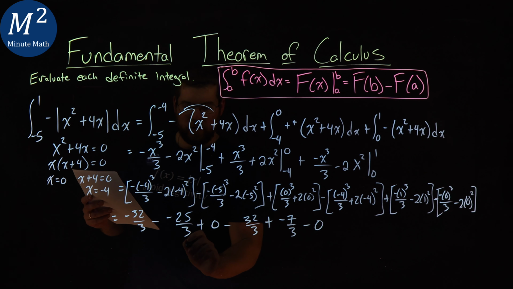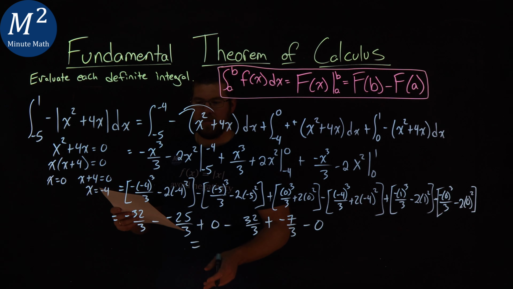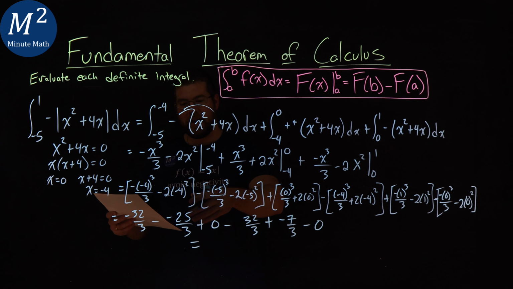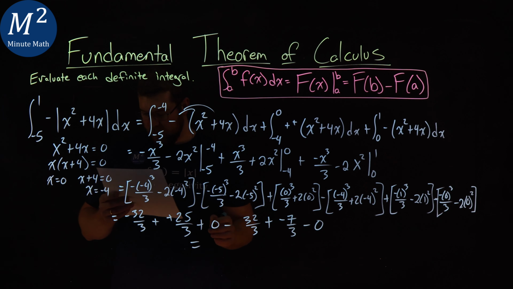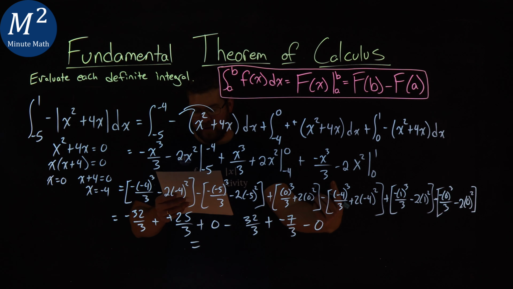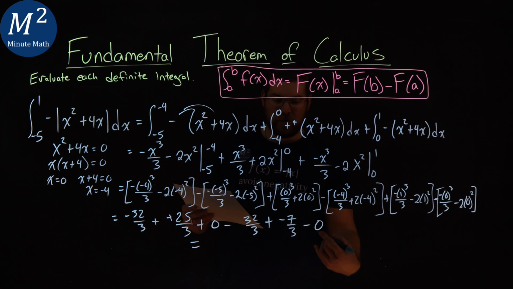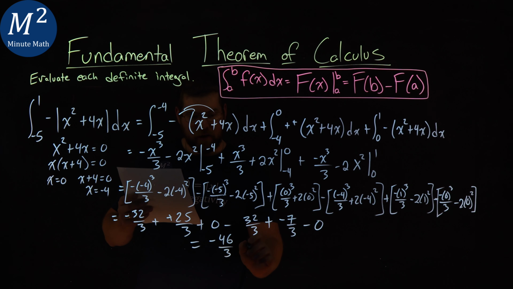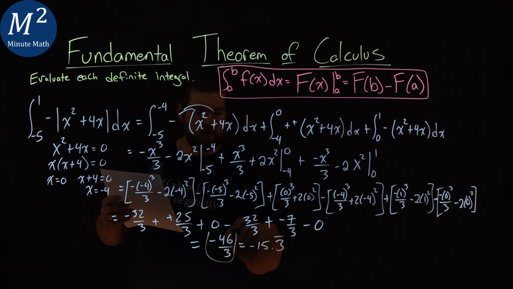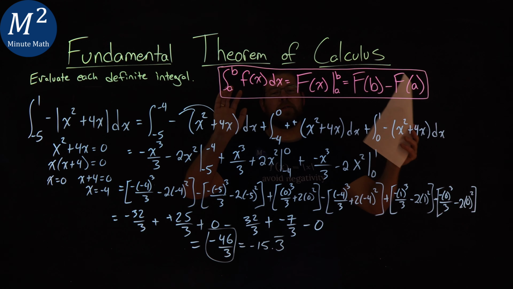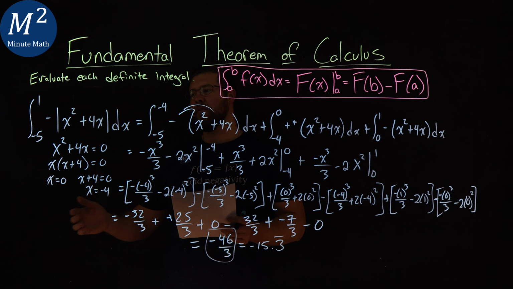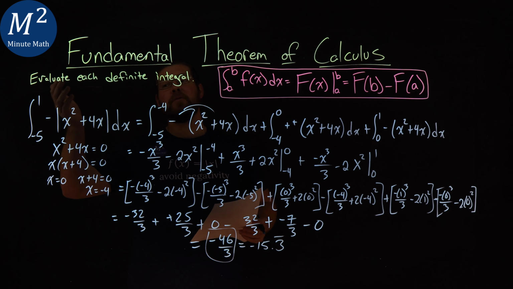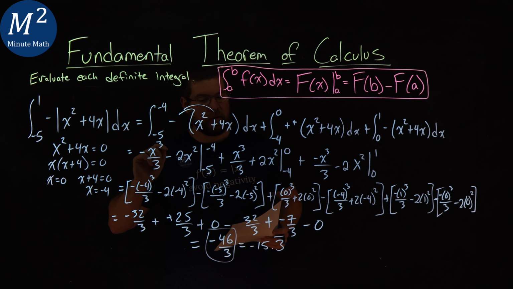So, all that comes out to be right here. -32/3 minus a negative, or plus a positive, 25/3, plus 0 minus 32/3, plus a -7/3, minus 0 comes out to be, I did all the good work for you, -46/3, which is equal to -15.3 repeating. So after all of that, splitting it into 3 different definite integrals to solve, our integral from -5 to 1 of our function with the absolute value is a